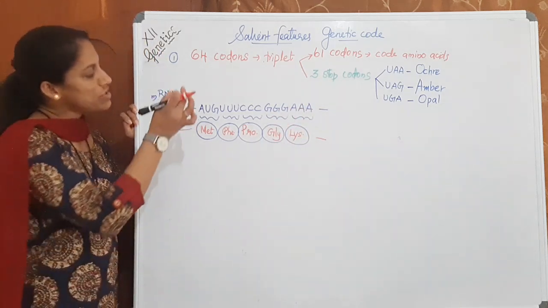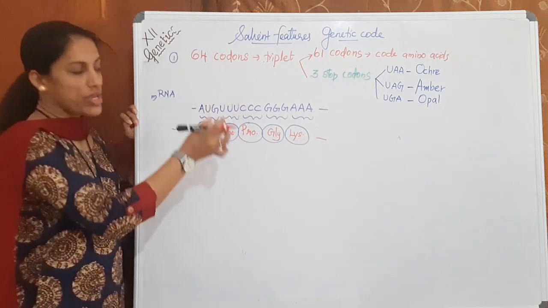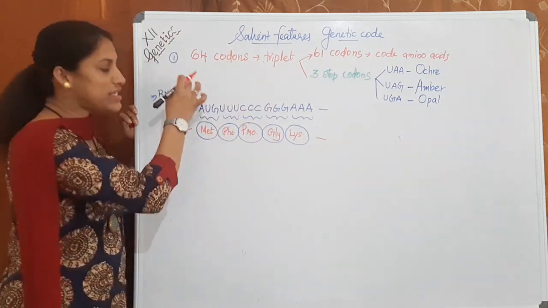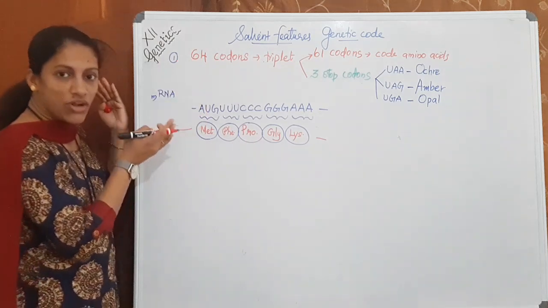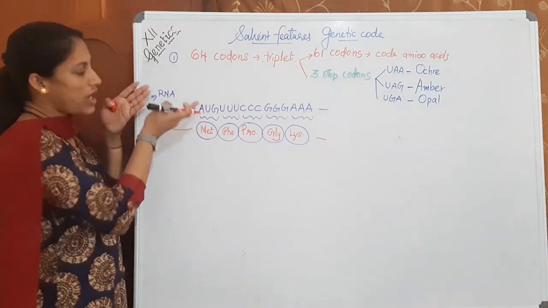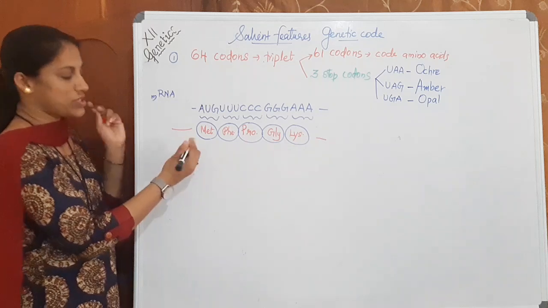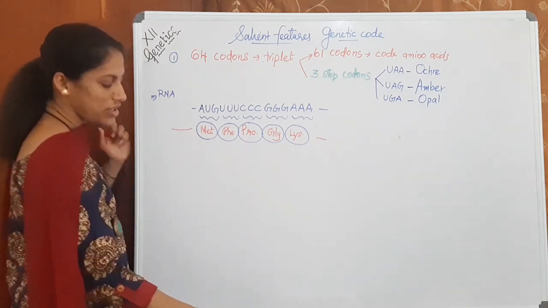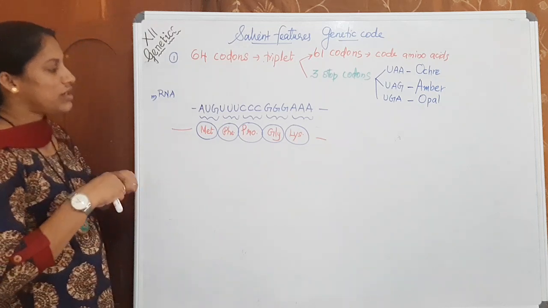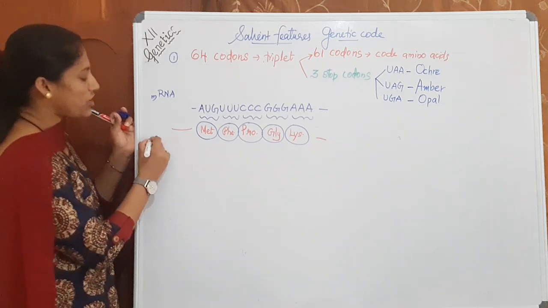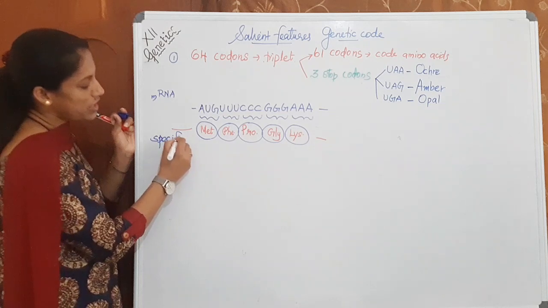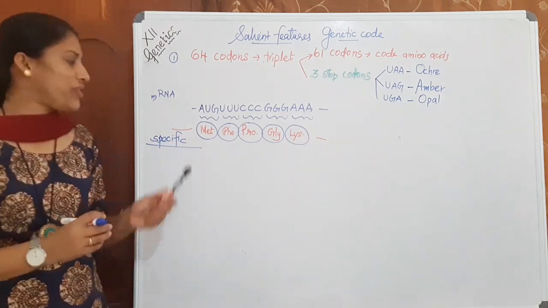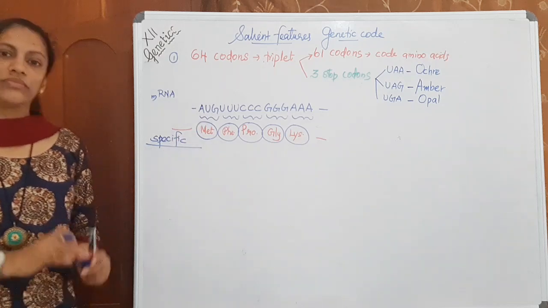So, if an RNA strand is given, you can predict the amino acid sequences, sure, because UUU means always this and CCC means always this. So decoding this way is possible, RNA to amino acid is possible. Which property of the genetic code is revealed here? It is specific, unambiguous. Since the code is specific, you can write this way.